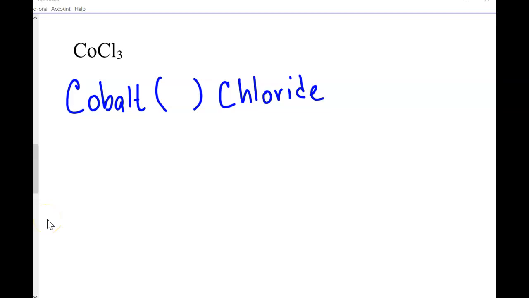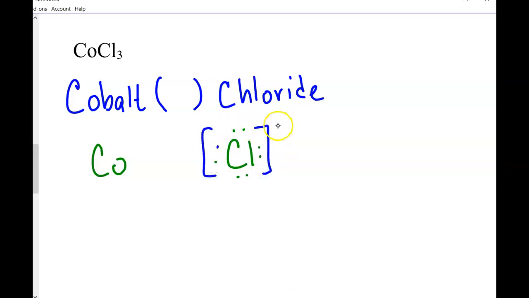All right, wonderful. So I'm going to do this by drawing a Lewis dot diagram to figure this out. So I'm going to have my cobalt, right? And then I need to figure out what the charge is going to be on my chloride ion. So chloride has 7 valence electrons. So it's always going to react by gaining the 1, which means it's going to have a -1 charge. So if I know that my cobalt and my chloride have to add up to 0, and I know that I'm going to end up with 3 of these -1 chlorides,